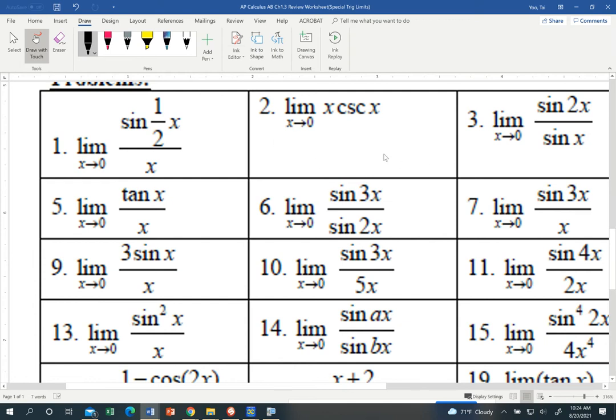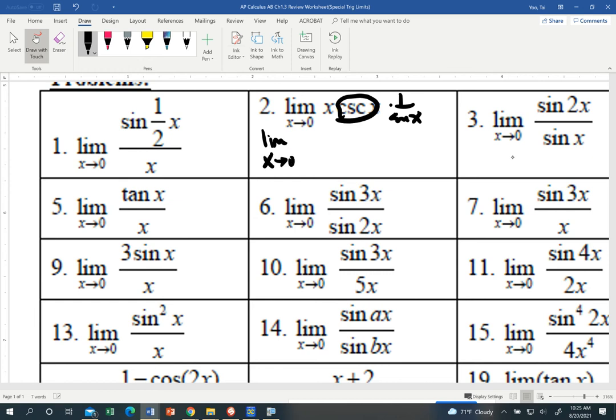Here's number 2. Do we have this formula? Is there such a formula where x times cosecant x? It's not one of our formulas, is it? No. So we need to use a trick. Anybody have an idea what we need to use? 1 divided by sine. Yeah, so cosecant, you're supposed to know that cosecant is 1 over sine x. How many of you guys knew that? Okay, that's the trick. So you want to rewrite this as